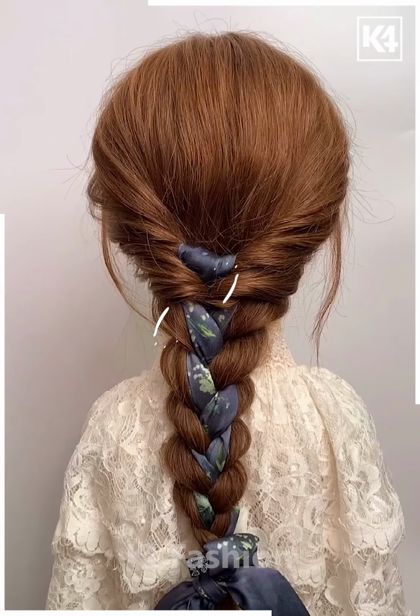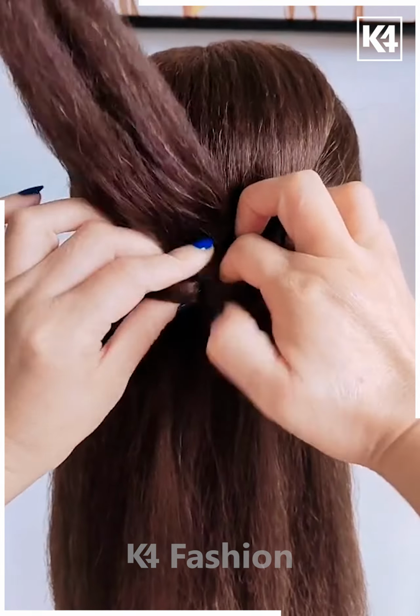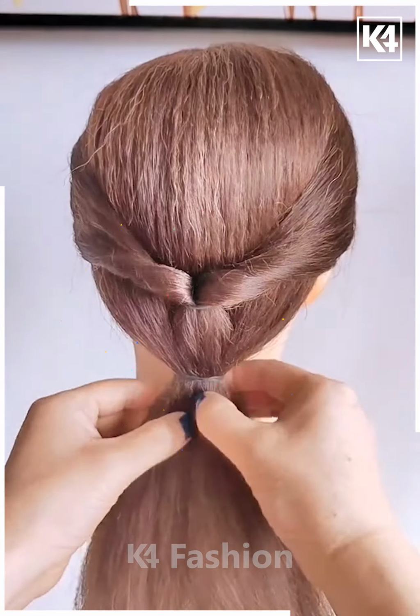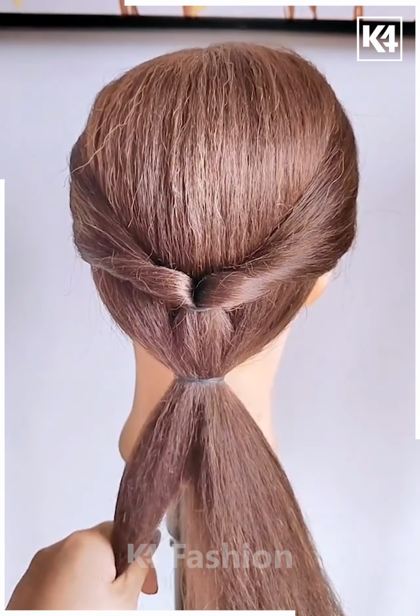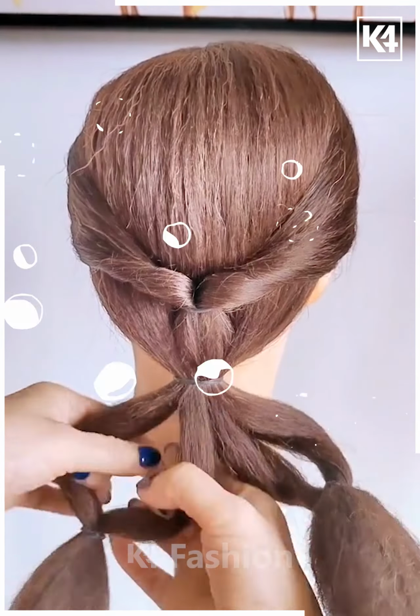Grab the sides of your hair and tie in the middle of the rubber band and drop it inside to get a favorite twisted band. Then tighten it a little bit, then hold the remaining hair together and have a rubber attached to it and split the ponytail into 2 and have a rubber attach the middle part of the tail and drop the tail into its own loop and have both the tails combined together at the bottom with the rubber band and stuff